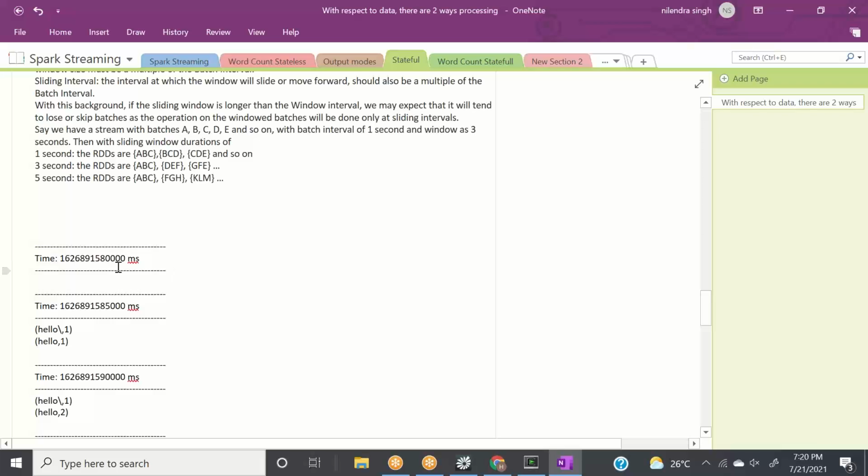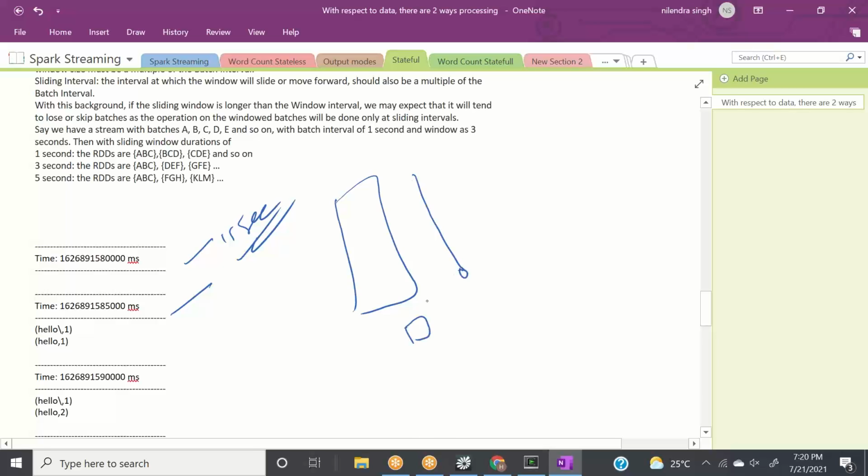Okay, so this first window is created in 15 seconds, right? This second window is created after 5 seconds. So this was our window, right? And we asked to slide this window every 5 seconds. So let's say the window is moving in, and our batches are coming like this. This is our oldest batch, 1, 2, 3. This is our first window, which is created here, right?